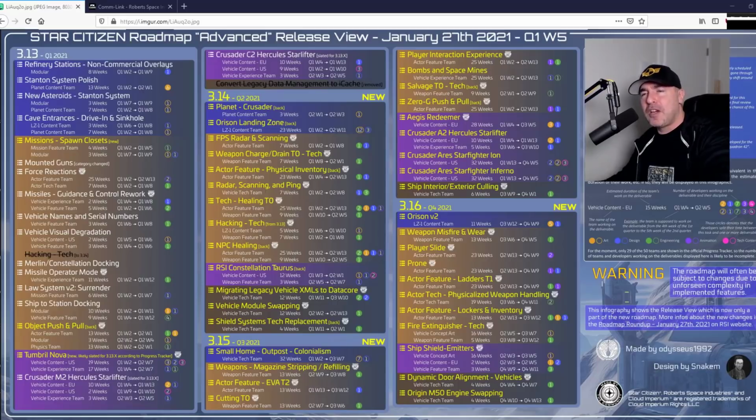So let's begin right at the very beginning, top left there. 313, refinery stations, modular. It's coming in 8 weeks. And the Stanton system polish, 13 weeks. New asteroids. The asteroids are going to be very, very important because you can drill into them and possibly make...